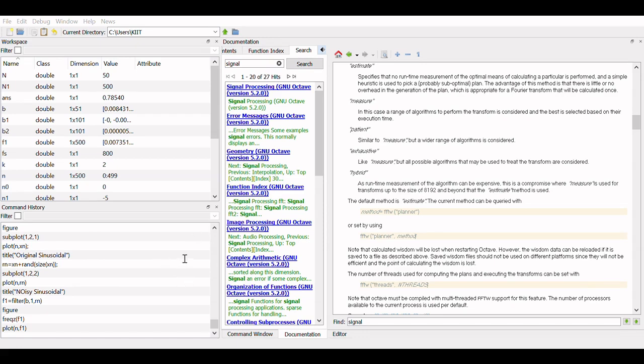So B and A, N, RP, WC. RP is called the passband ripple factor. If you don't specify it, it is usually taken as 80 dB. You can take 40 dB also. WC is the low pass cutoff frequency, right? So if I am writing 0.25, that means pi by 4, right?